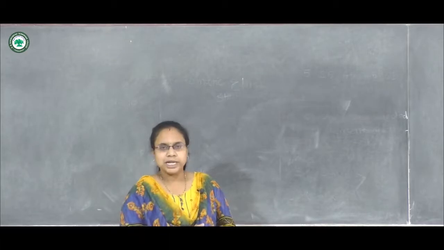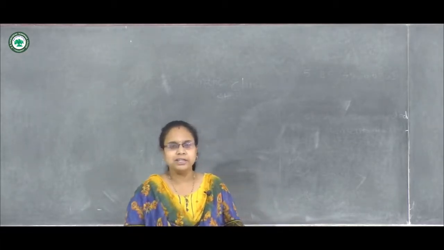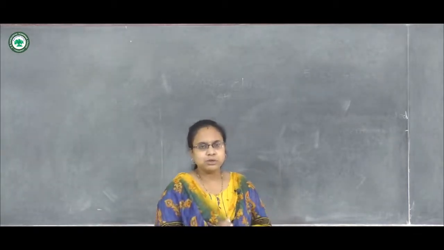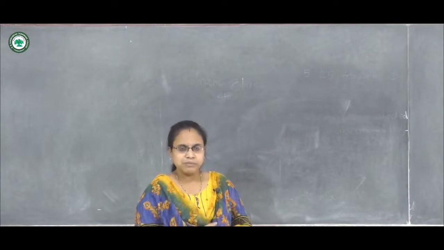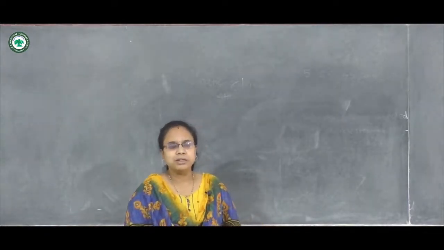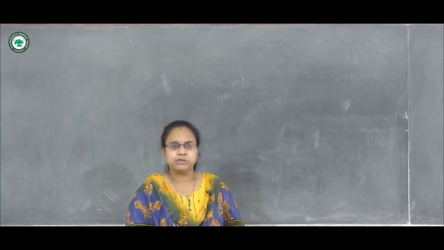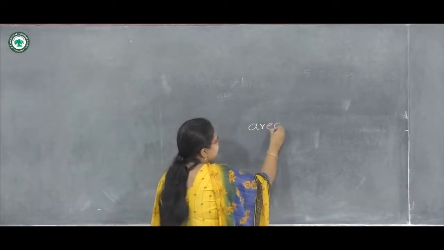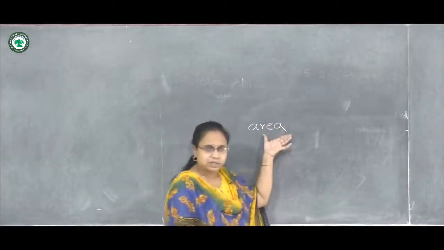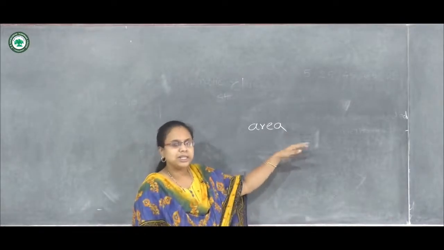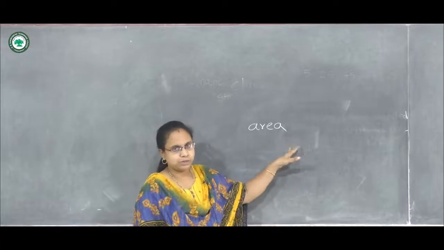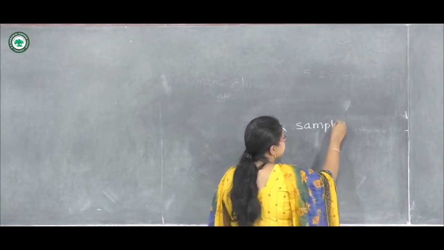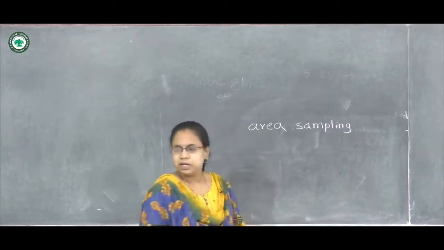We can also give one example. Suppose an area is divided into different zones. We can select a particular zone or a number of zones as our cluster, and then we can go for sampling from those selected zones. If we select an area and it is divided into some regions and we do cluster sampling, then it is also called area sampling. So this is all about cluster sampling.